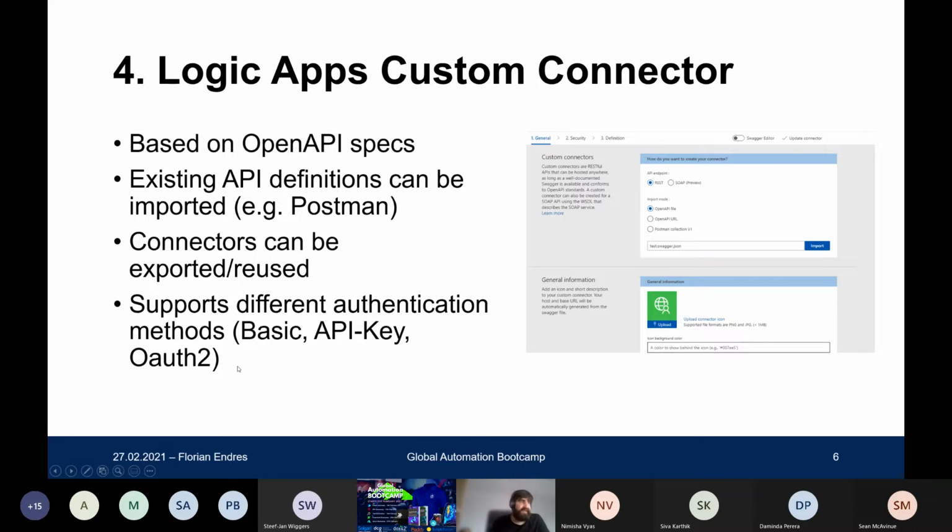Another important thing is that these custom connectors offer different authentication methods. They offer basic authentication, so basically username and password. You can access a service by using an API key, and you can also use OAuth 2. I think those three different authentication methods will cover a wide array of services, but there might be services that are not covered by this. So that being said, for the Logic App custom connectors,